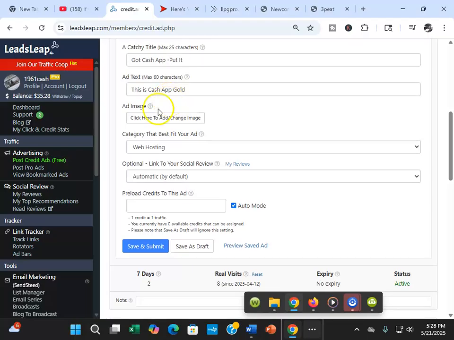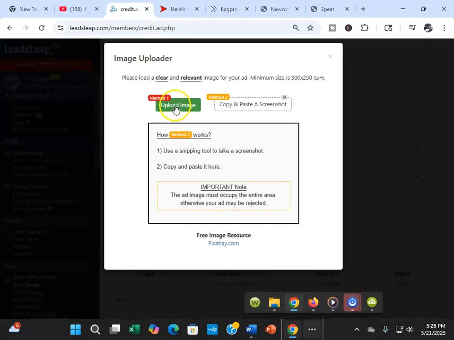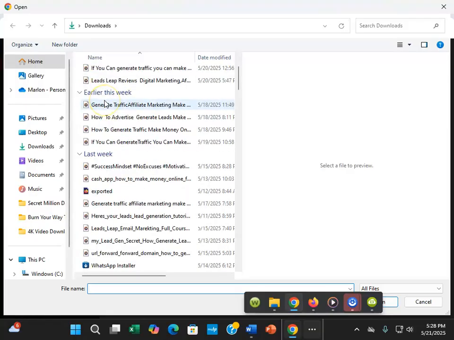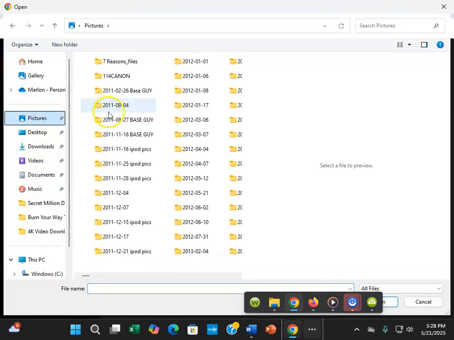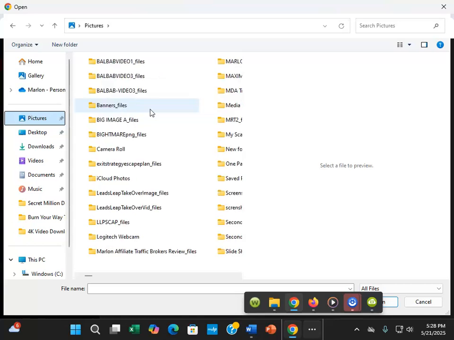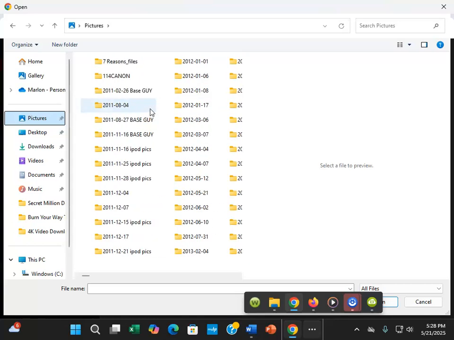And then this is where you would put the image. I'm going to change the image though, because I'm editing it. So I'm going to click, and it's going to open up this field. I'm going to go upload an image. I'm going to go to my Cash App extractor, but I got to go to my pictures. I got a Cash App page in here somewhere.